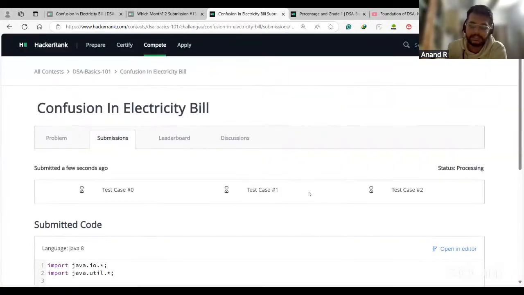We discussed this in detail in the previous session, so you can go through them. And as the number of participants is less today,